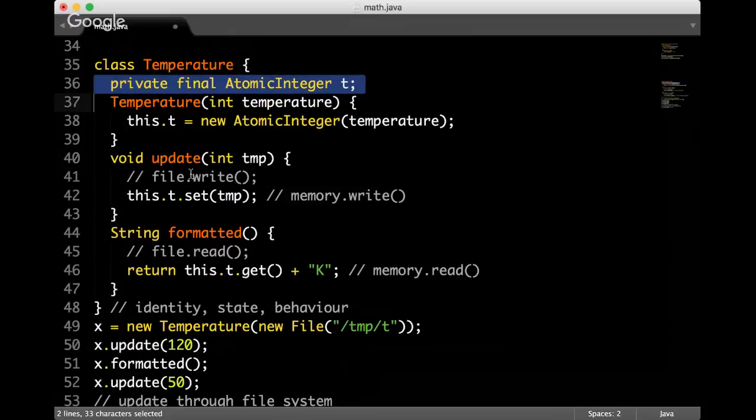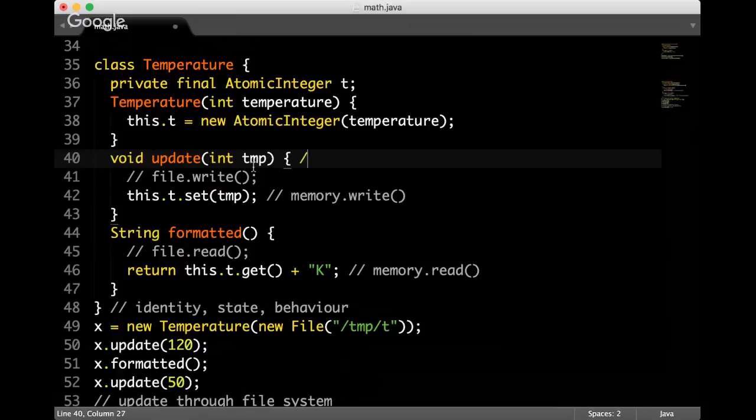What's the difference between this update method and set temperature, right? So you may say, hey, that looks like a setter because we basically change the value of that 4 bytes, but in memory. So that could be the question. And I think my answer is that I don't see a big difference between the file and the memory.